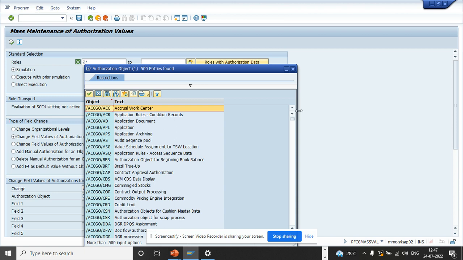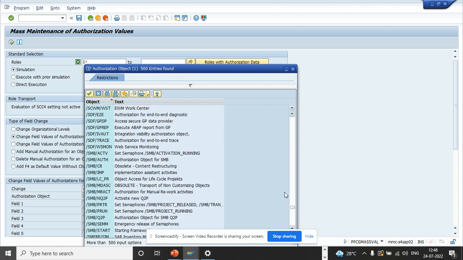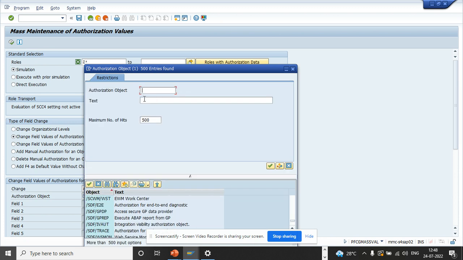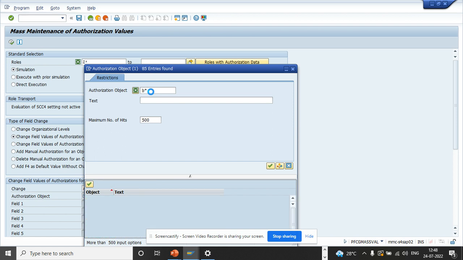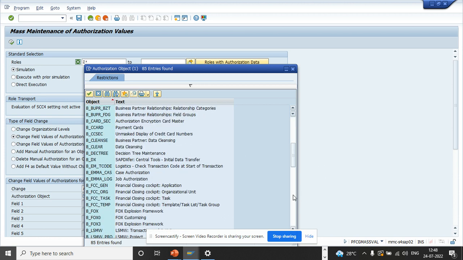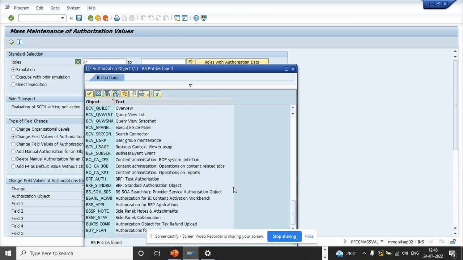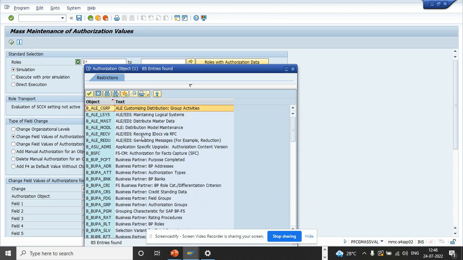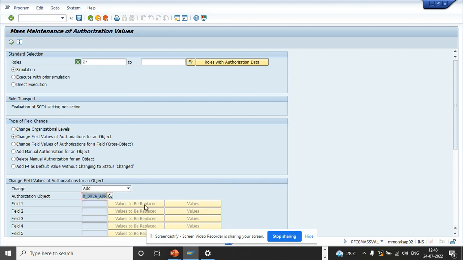Suppose I want to find an authorization object. Let me start with, suppose, B star, and search with, suppose, business partner. These are business partner objects, so I will just do the normal ones, related to, suppose, buy plan and all those things. Let's go with business partners, addresses. If there is any authorization object that I want to change, and suppose values to be replaced,